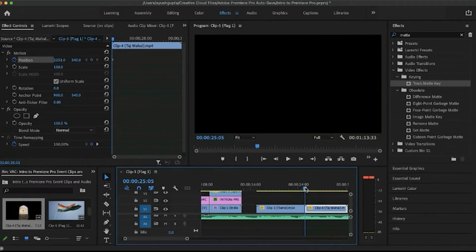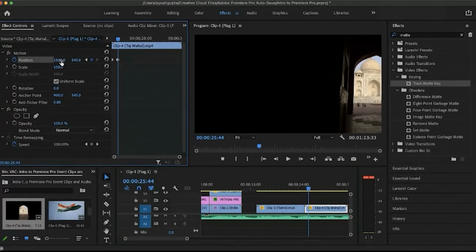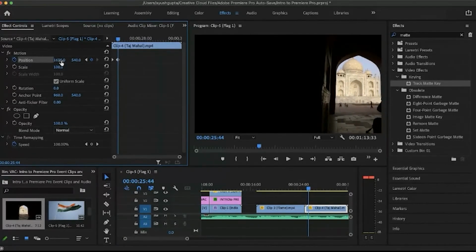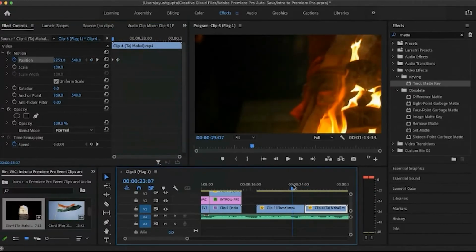And then move a few frames ahead. Click on this. And move the clip to some points left. So as you can see, it transitions like this.